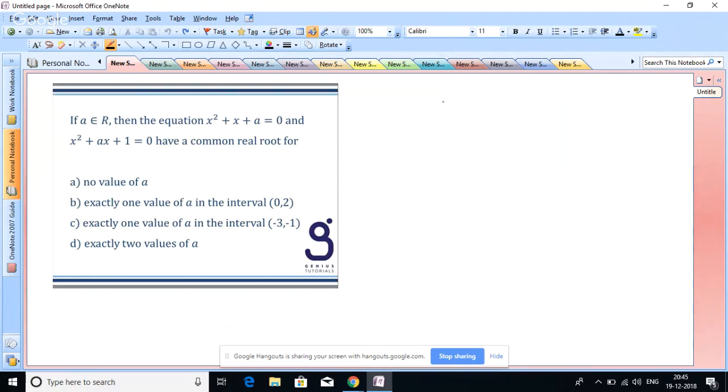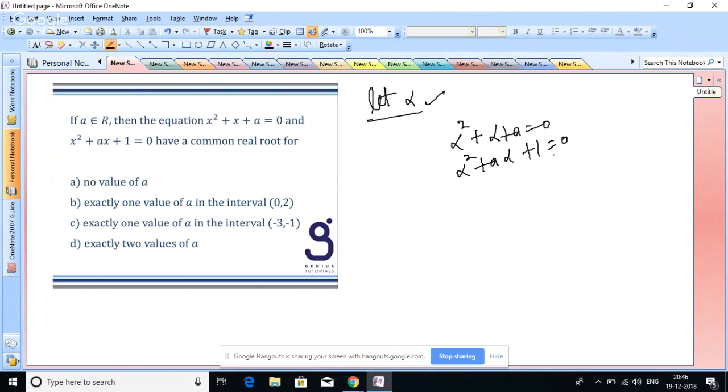Okay, let's start with this first question. Now, in this question, it is given that if A belongs to R, then these two quadratic equations will have one common real root. So let us suppose that alpha is that common real root, and alpha will satisfy both these equations. So alpha square plus alpha plus A equal to 0, and alpha square plus A alpha plus 1 is equal to 0. Now, if I subtract these two equations,